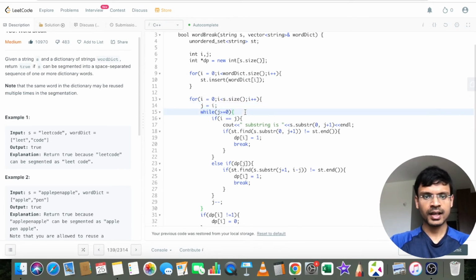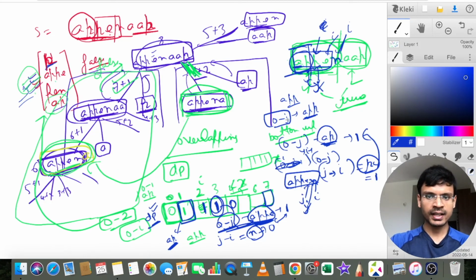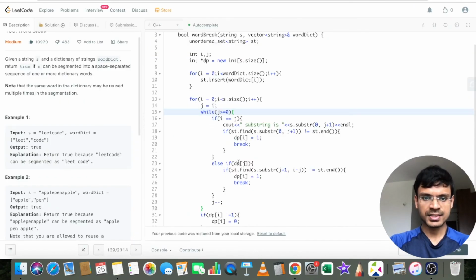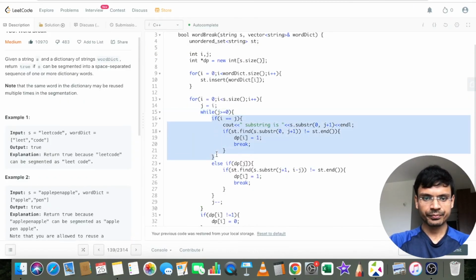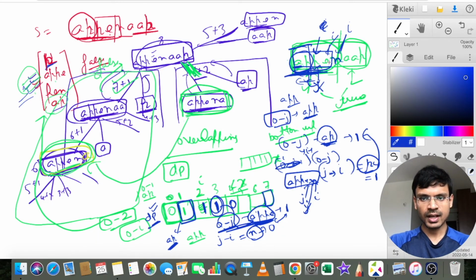Right, and I'm going to do this process till j is greater than 0. So I had told you that I will be decrementing j. The decrement operation has to be done till the point j is greater than 0. And one check I put over here is if i is equal to j, which means I have initialized j as i only. So if j is equal to i, which means that basically I need to check the complete string